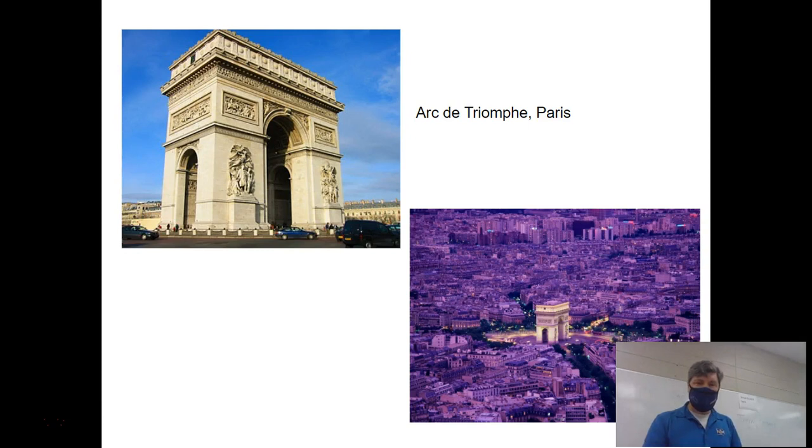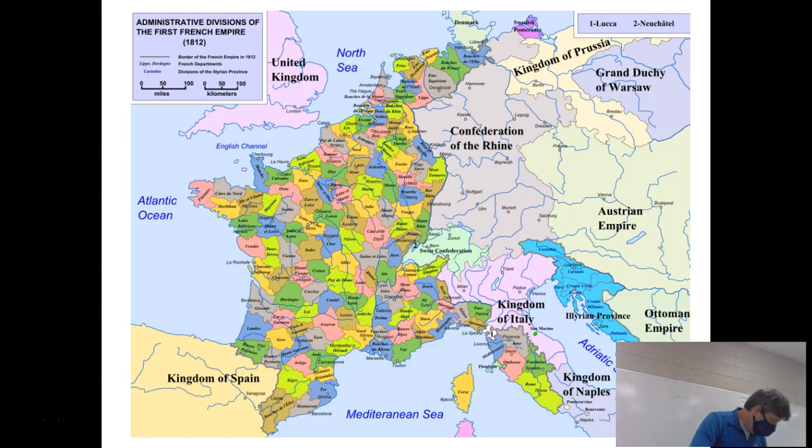Now, this is a map from a little bit later, but we can see this. He divided France and a lot of territory he conquered into logical districts, all answerable to him. And Paris is the center. Paris is the hub. It will become the primate city of this new empire. So he centralizes the government. He reforms everything about the political system and the domestic structures of France.